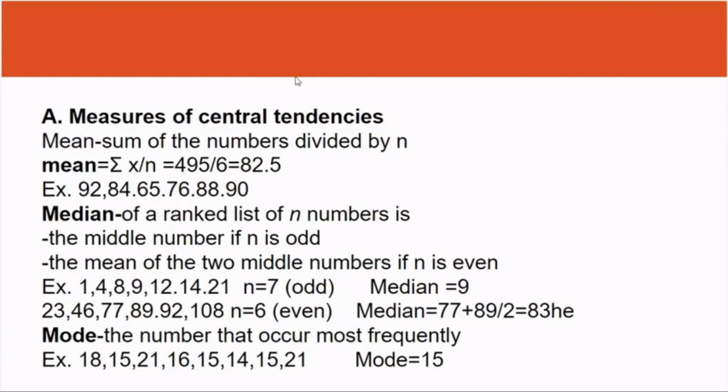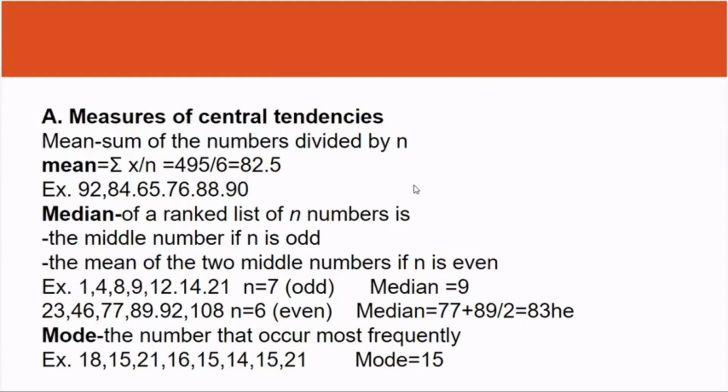So how do we measure central tendencies? So we have the mean. Mean is the sum of the numbers divided by n, or the number of terms, or the numbers that you have added together. So the formula for mean is the summation or sigma x divided by n. So when we say sigma x, you will get the summation of all your terms and divide them by